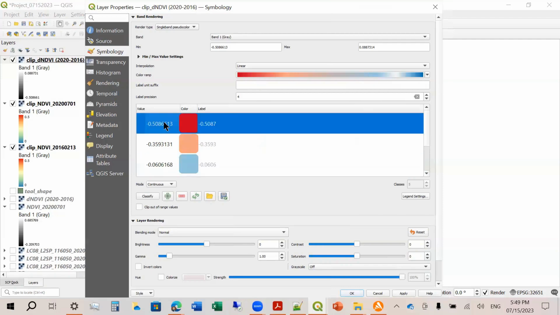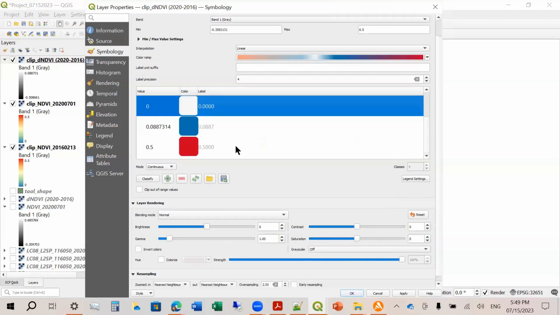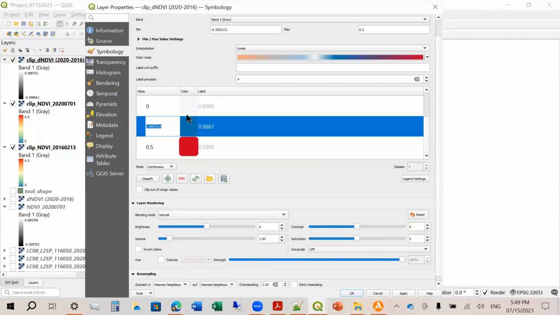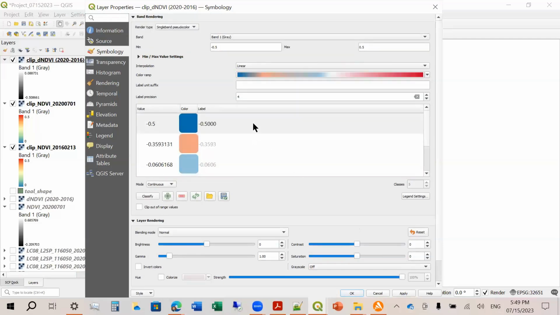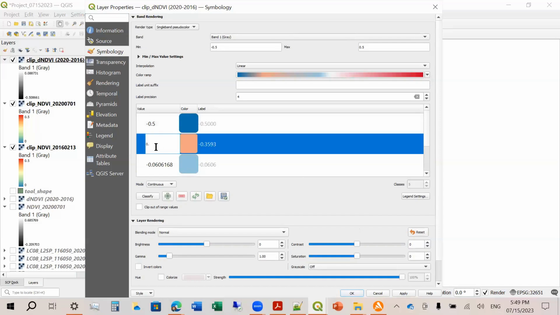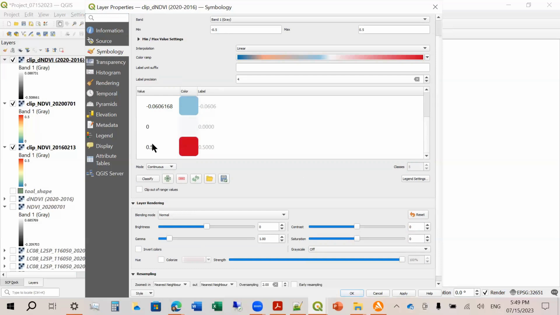And then this red should be 1, say 0.5. And sorry, 0.5, and then blue should be negative 0.5. Okay, and then this one should be negative, sorry. Okay. Difference.